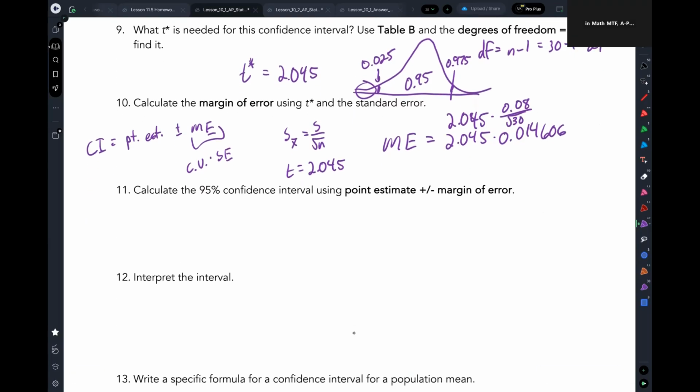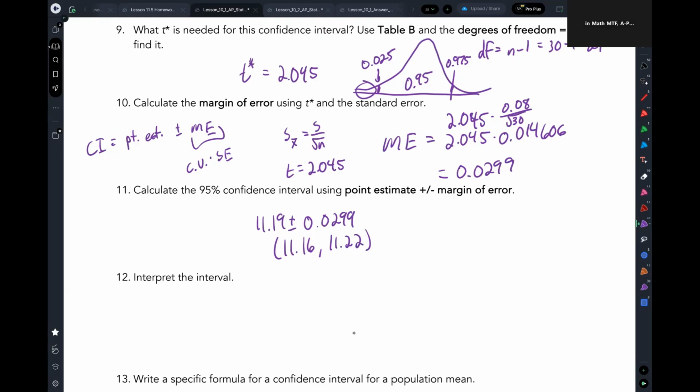Calculate a 95% confidence interval, so 11.19 plus or minus. Oh, I actually never found the margin of error. And so 0.0299. I get 11.16 comma, yeah, I'll go there. These are means, not proportions, so I'll go to 2 decimal places if that was unclear. And 11.22. All right, I'm going to come back to that in a second, but first I do want to show you